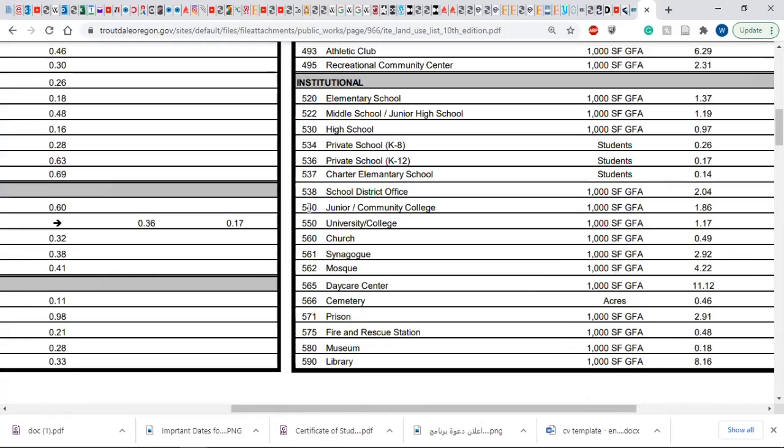I'm glad that you stopped me, don't keep me going if you are not following. For example, here for university, college, we have 1.17 per 1,000 square foot. Per 1,000 square foot, we have this number. But can someone explain to me why in private school, for example, for each student we have